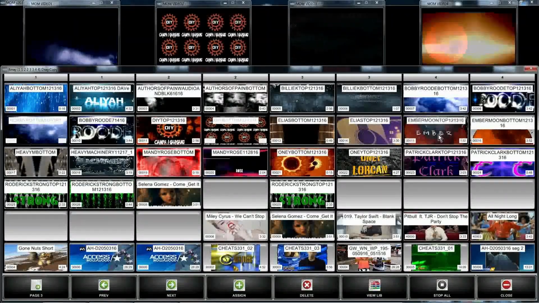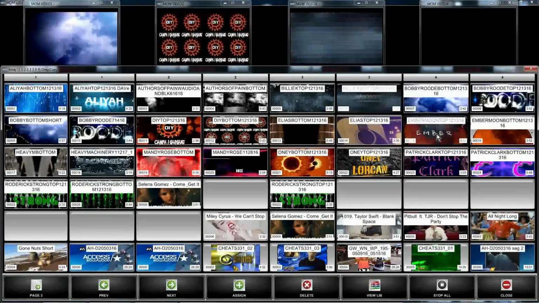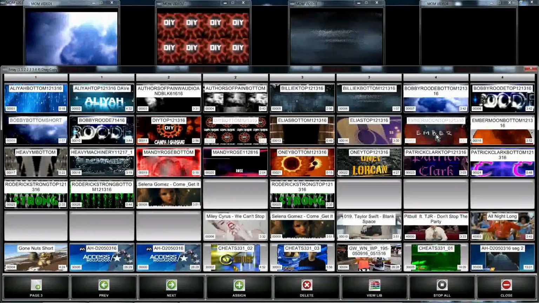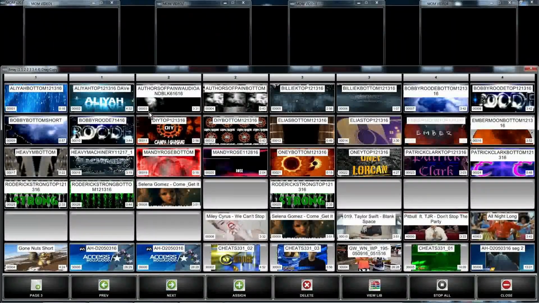And there's features that can play loops in here. These can be stills. These can be just about any kind of video and or audio component that you want. So there's an amazing amount of flexibility here. And I'll stop those all, and let's take a look at one more